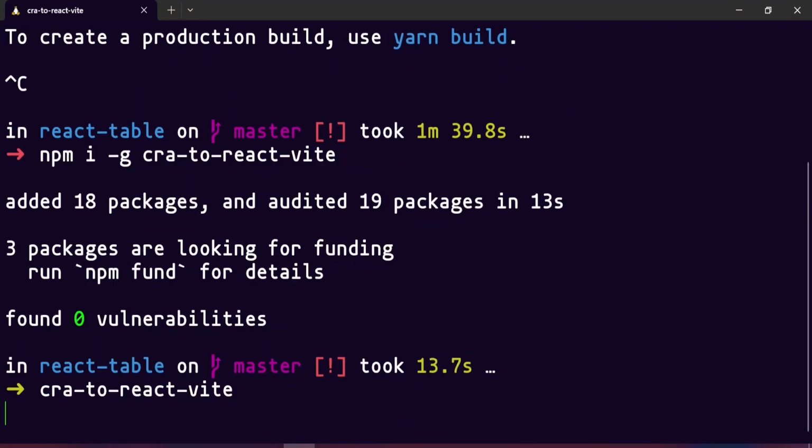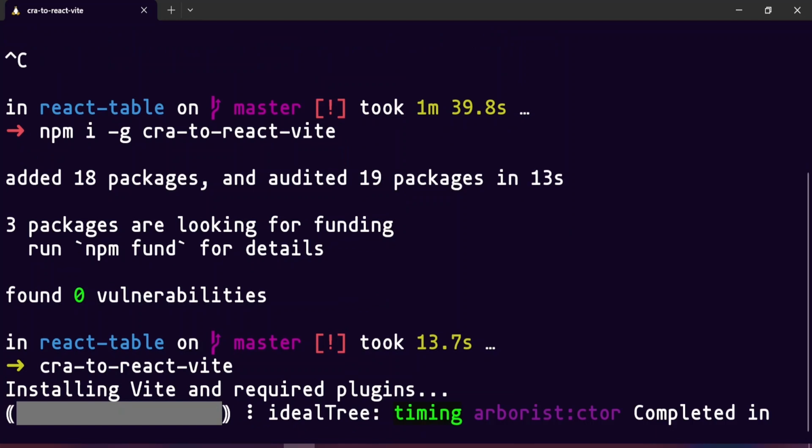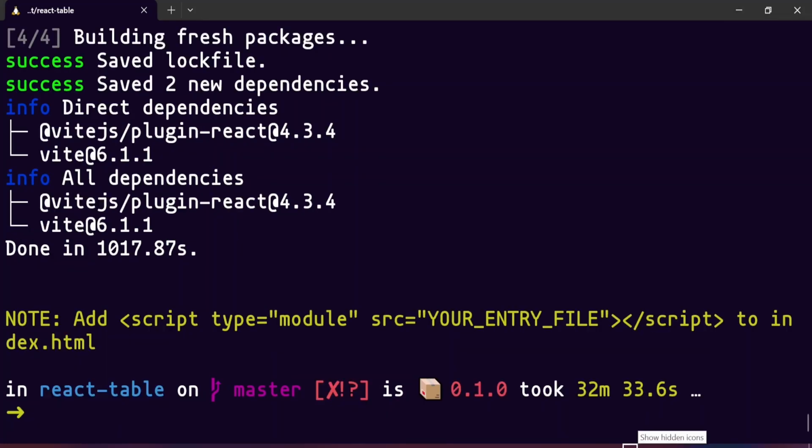So I'm going to type this command, and this might take a while because it's doing a lot of configuration. So I'm going to pause the video and wait for this installation to complete. As you can see, the installation is now complete, and from the terminal we can see that there is a